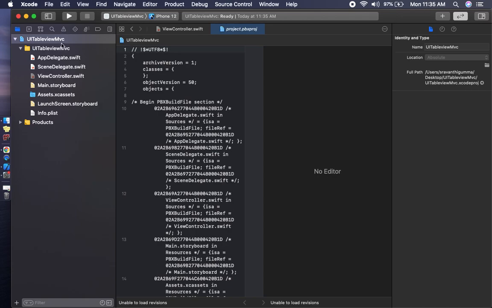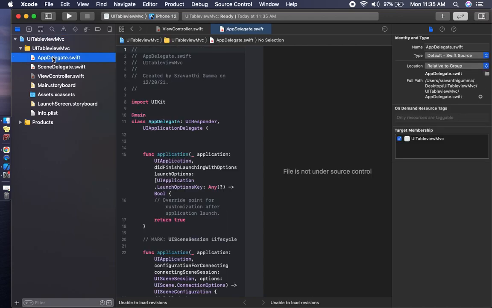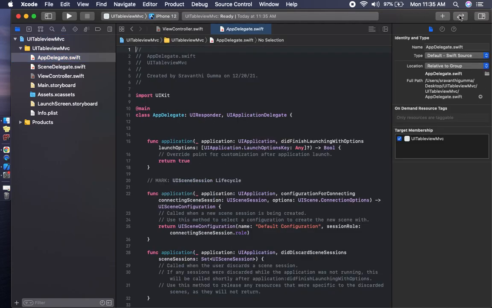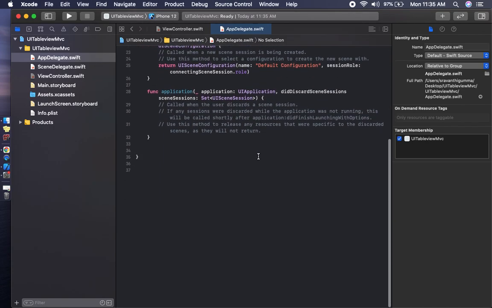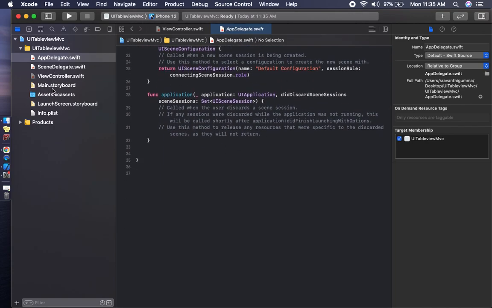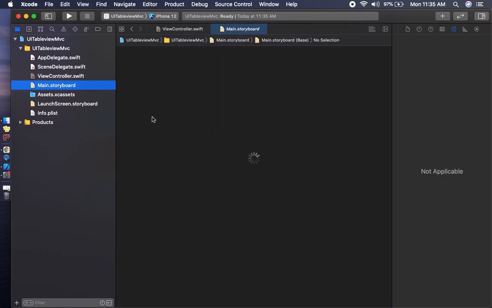So that's everything. Previously we discussed the life cycle, everything, in the previous video. And next session I am going to discuss about Xcode storyboard. What is a storyboard, and how to create a storyboard. In the storyboard, what are the UI elements we have to drag and drop.